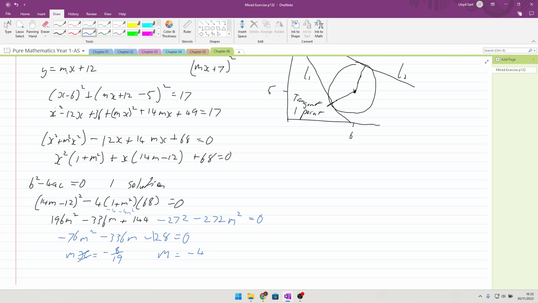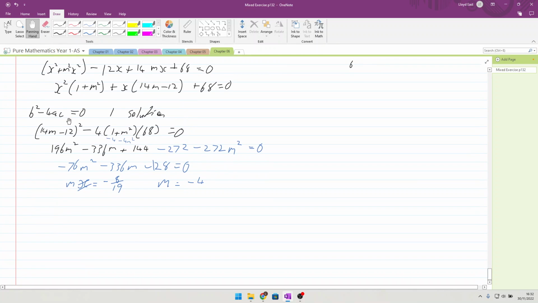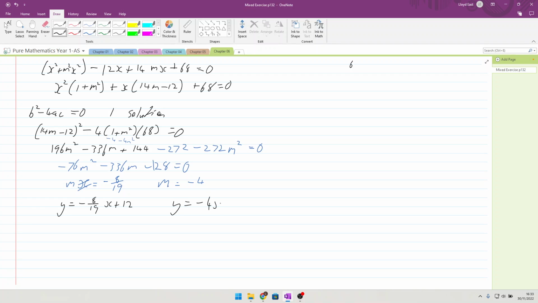Okay, which means we should hopefully have two solutions to the graph. Minus 4, they wanted it in y equals mx plus c, so we end up with y equals minus 8 over 19x plus 12, and we end up with y equals minus 4x plus 12. Done. Okay. I feel like I almost want to look at that on plotting software, but I'm not going to tonight. Okay, question